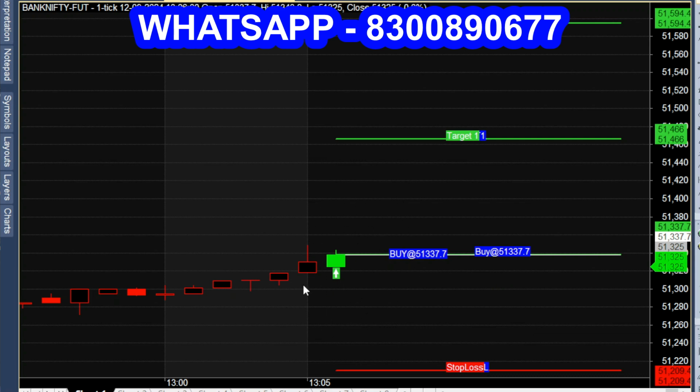Through this signal, through this entry, you can do manual trade, auto trade, both are possible by connecting your broker